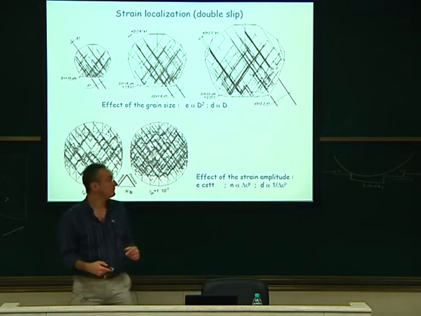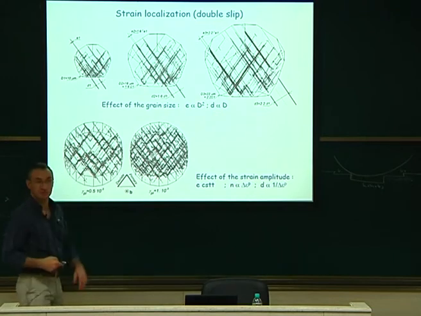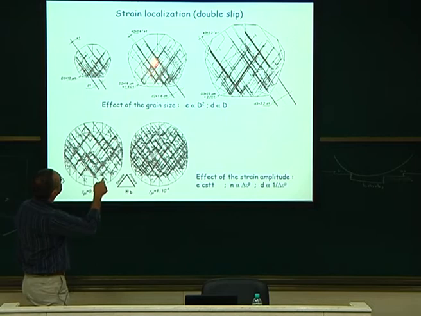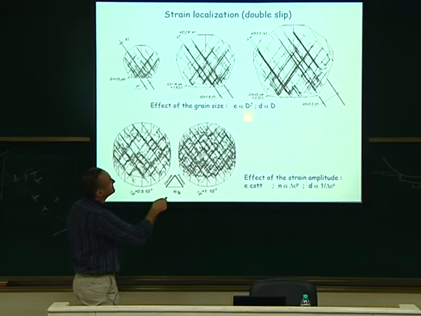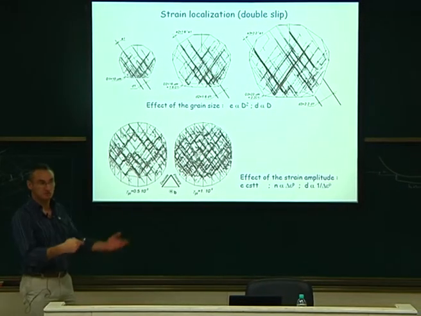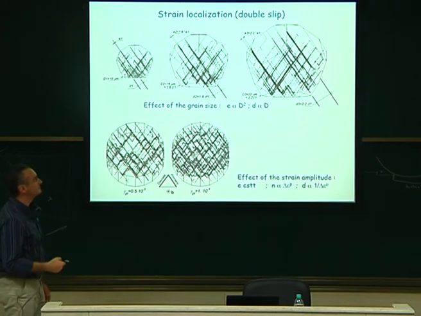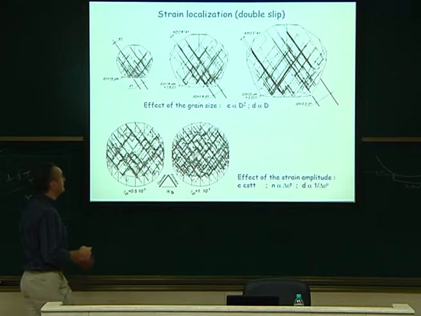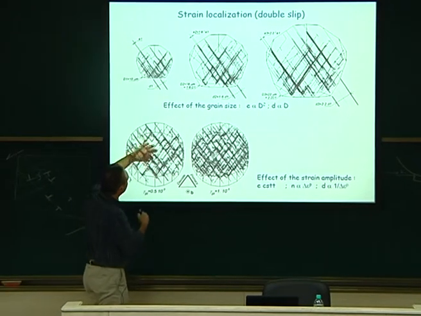Okay? So this is something we can learn just out of the DD. And the distance between the bonds, the average distance here, you can see that it is more or less linear with the diameter. So this is just an output we have from this statistic. Now, if we change the plastic strain amplitude, you don't thicken the bond. The bonds are more or less the same. The thickness is still the same.